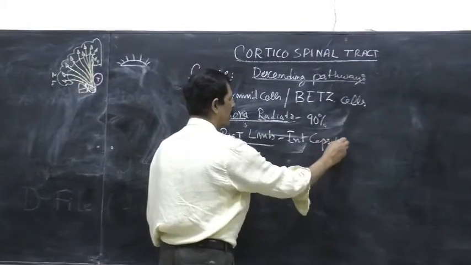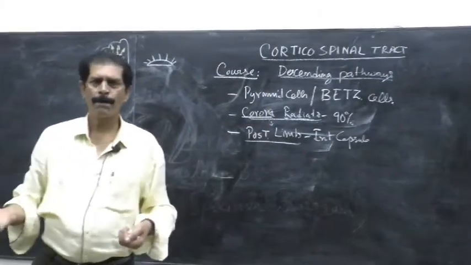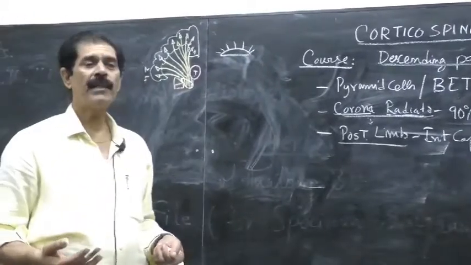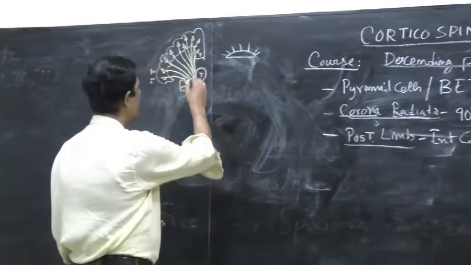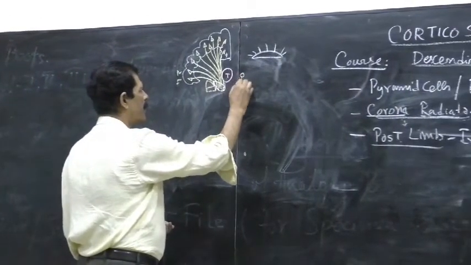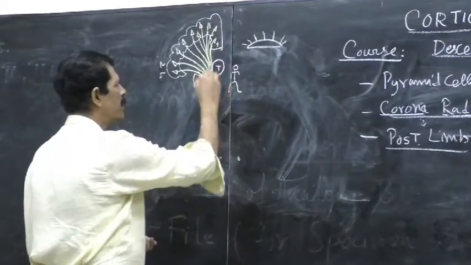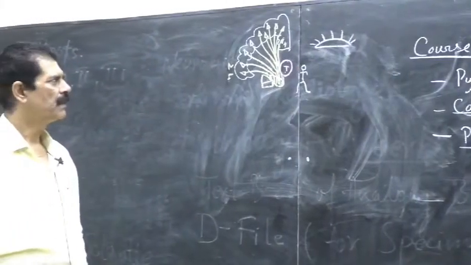Same fibers. Now their name changes when they reach the level of the diencephalon or thalamus. So they are now called the internal capsule fibers. They occupy the posterior limb of the internal capsule with the body represented straight, meaning the head is anterior, then the neck, then the upper limb, the thorax, abdomen, and the lower limb faces posteriorly. So that is the presentation.